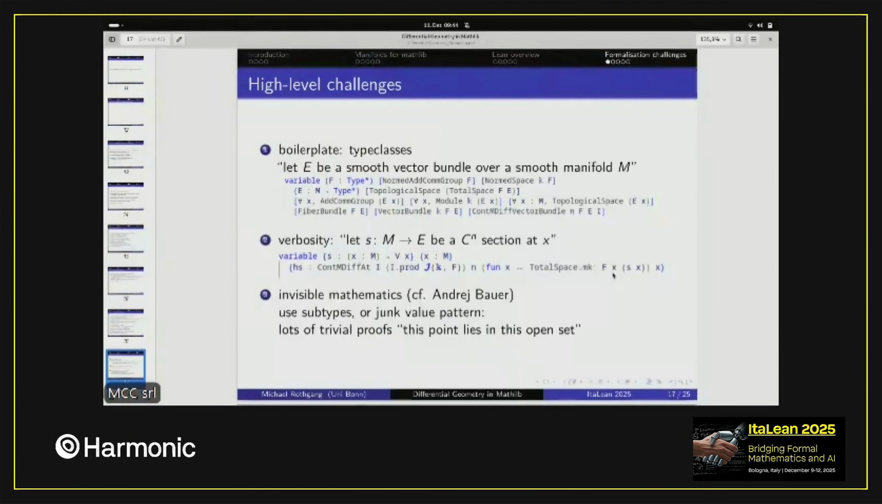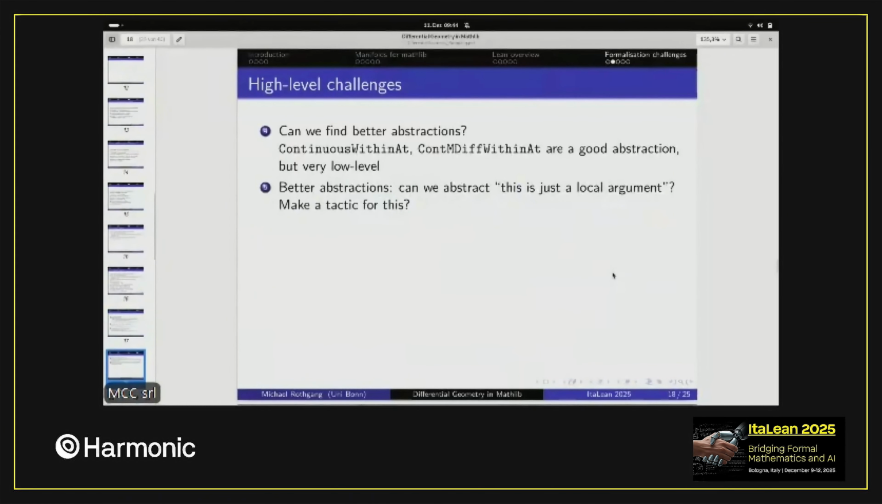And that is a bit too annoying and too painful. But again, this is a challenge of mathematics, not a challenge of Lean. On the mathematical front, so also, can we find better abstractions? So we do have